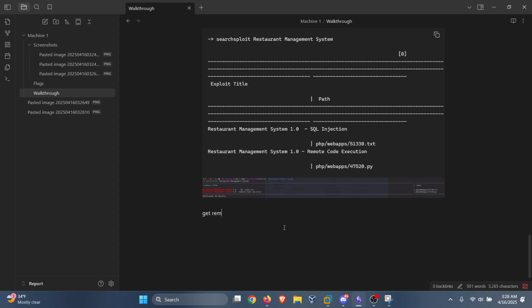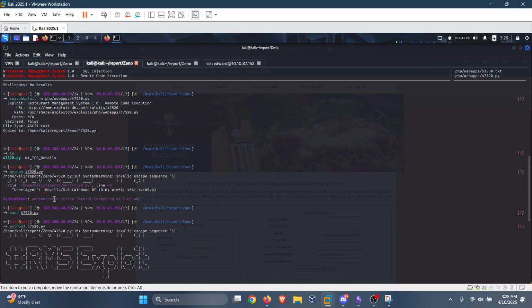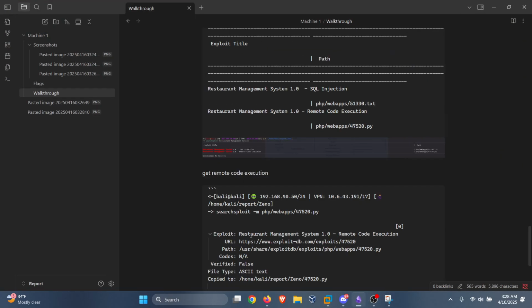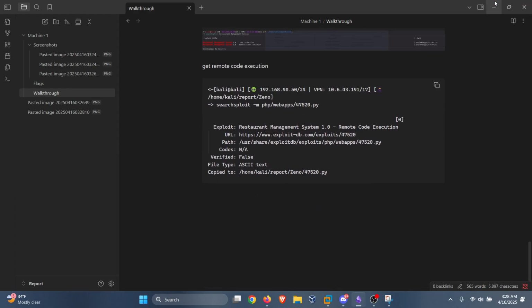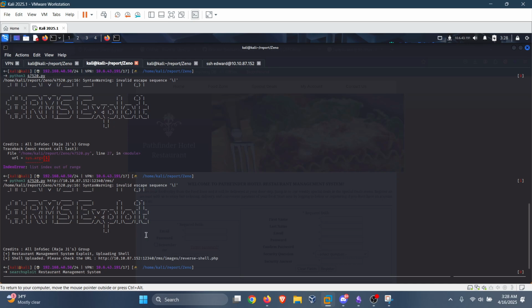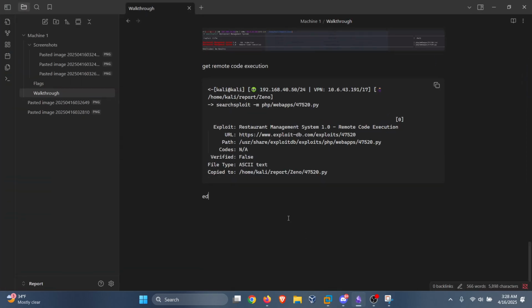Get remote code execution, and we can just do this. I'm not going to bother with the screenshot for this one. There's no worries with that. From here, edit the script so it works properly. And because we edited the scripts,